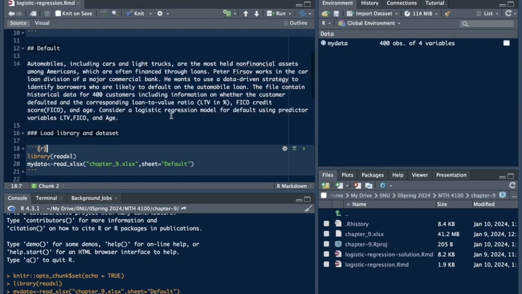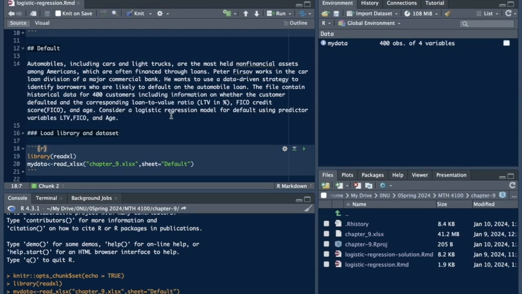And what is the question? Automobiles, including cars and light trucks, are the most held non-financial assets among Americans, and are mostly financed through loans. Peter works in the car loan division of a major commercial bank. He wants to use a data-driven strategy to identify borrowers who are likely to default on the automobile loan. The file contains historical data for 400 customers, including information on whether the customer defaulted and the corresponding loan-to-value ratio, LTV, in percentages,